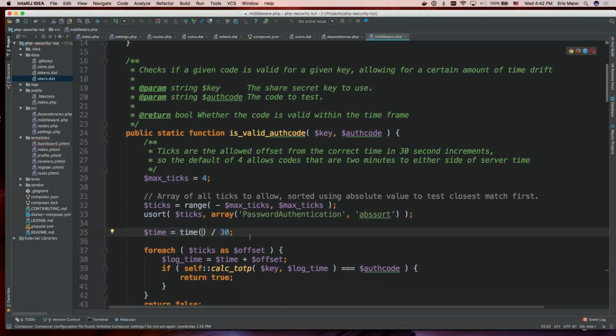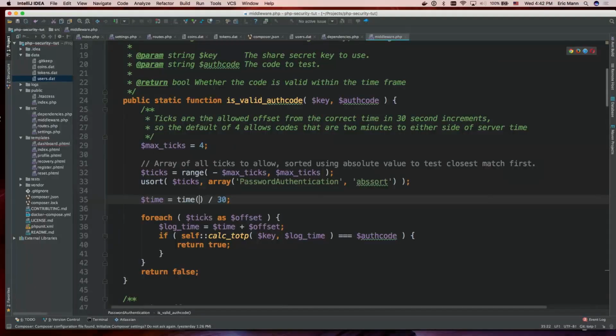And then for every tick, we're going to go through and calculate what is the valid TOTP for that user, given their HMAC key, for that tick. Once we have that auth code,